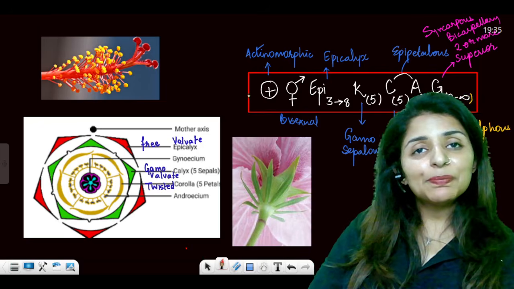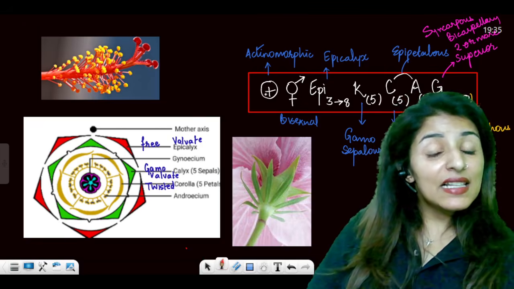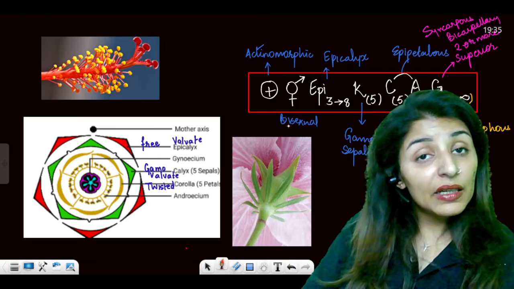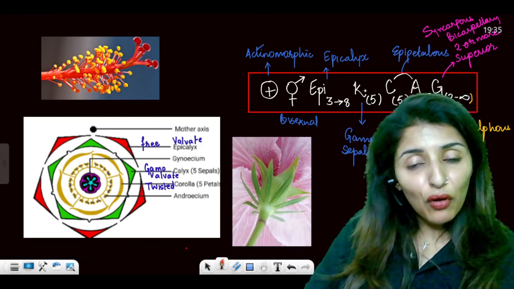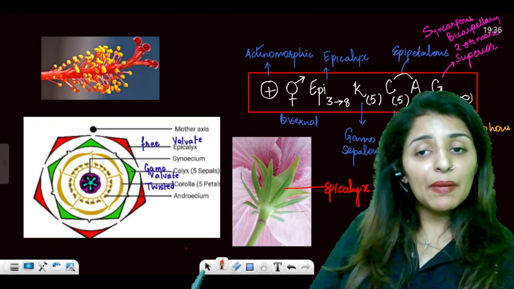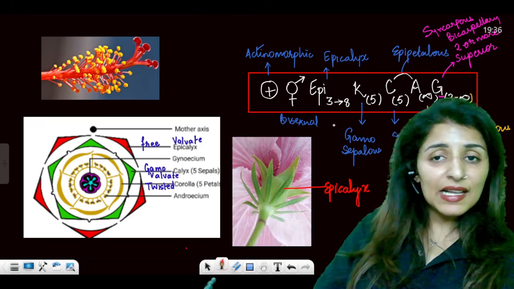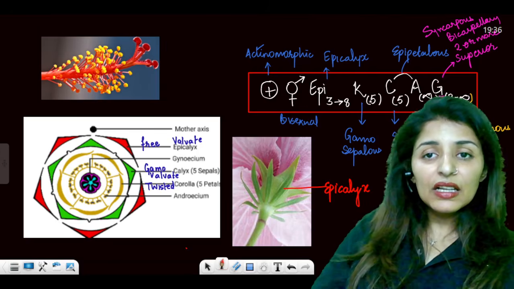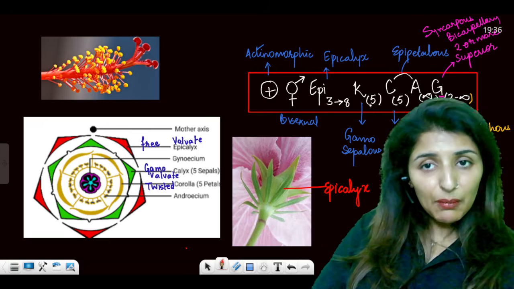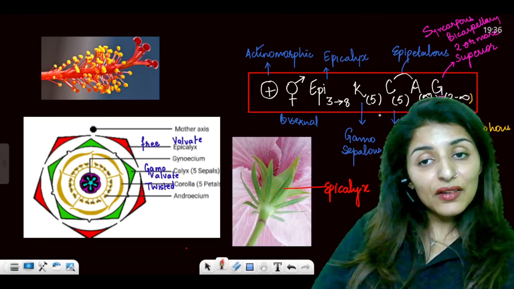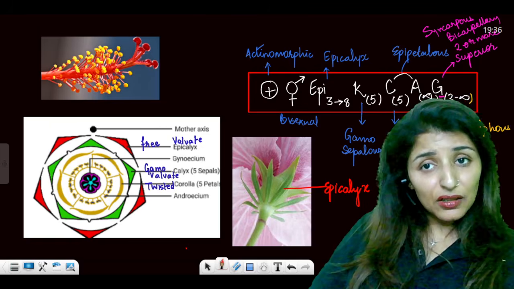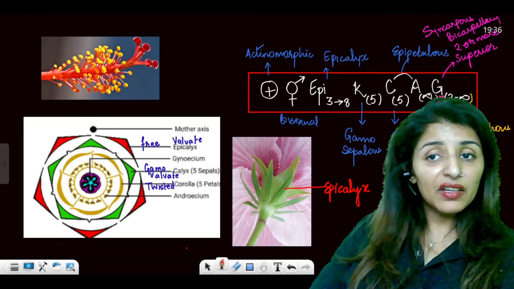Now moving on to the floral formula. See, it has actinomorphic, that is radial kind of symmetry. You can divide it into equal halves along any plane. It is again a typical bisexual flower. Now, before the calyx, there is a special extra whorl which is known as epicalyx. The number of epicalyx can range between 3 to 8. Is this clear? Then you see gamosepalous condition. So sepals are 5 in number, pentamerous condition, right? And they are fused. So that is gamosepalous condition. Then again, the corolla indicates gamopetalous condition, 5 in number.